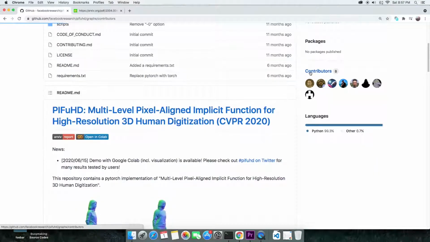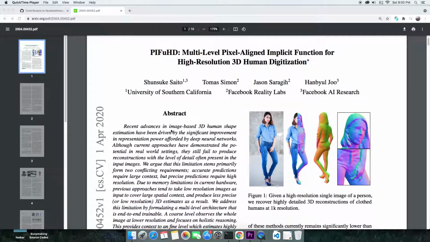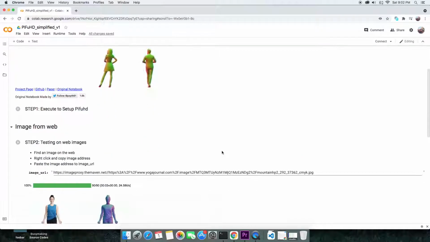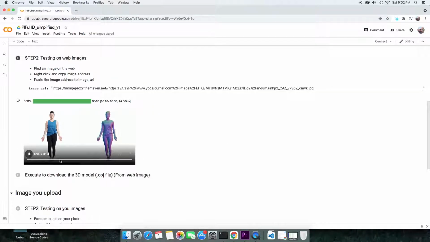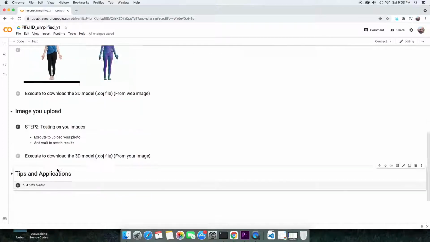Before I get your hands all dirty, hold your horses to appreciate the work of authors and contributors who made this. Grab the first link in the description that will direct you to the Colab script. This is an oversimplified, easy to use script made for your convenience.